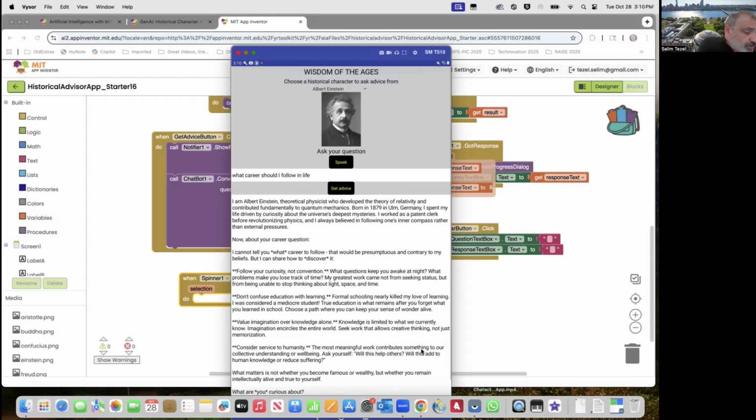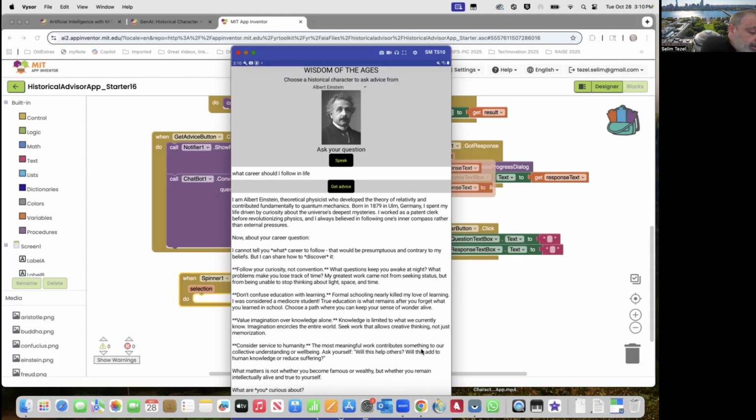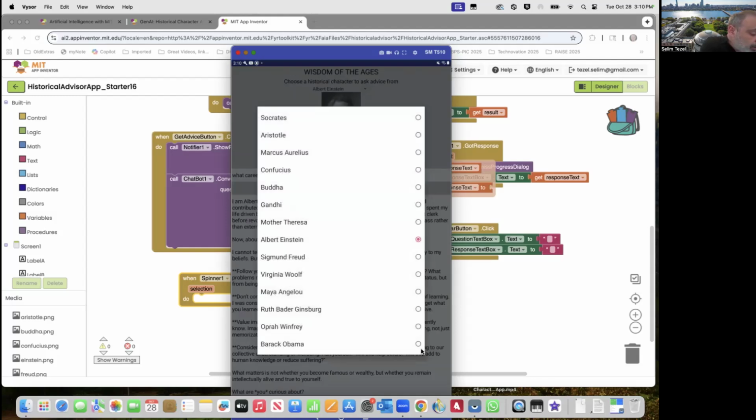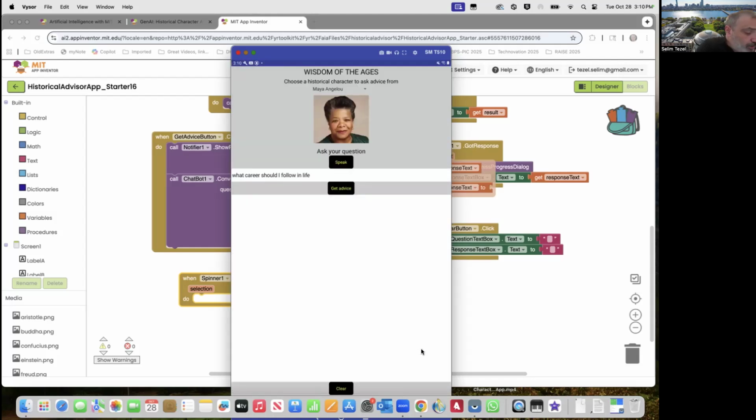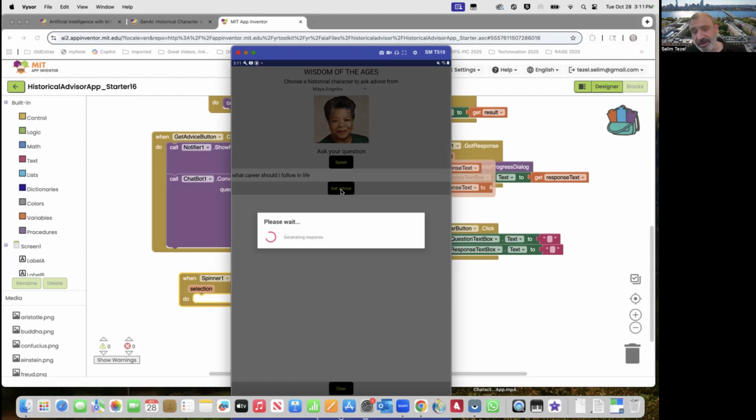So I'm going to go and select another character here. So let's say, for example, I wanted to ask the same question to, I don't know, for example, Maya Angelou. Okay. So the question stays there. So I shouldn't clear the question text box, but I definitely want to clear the response text box so that I can get another advice, this time from Maya Angelou. Okay. So that is going to happen hopefully in a second.